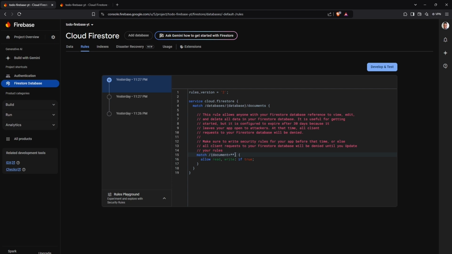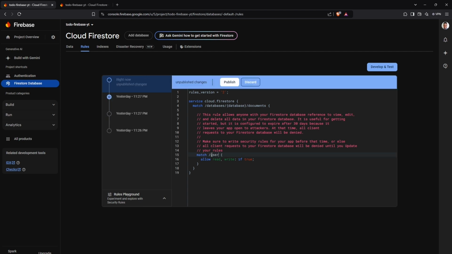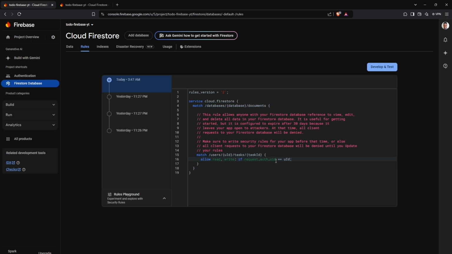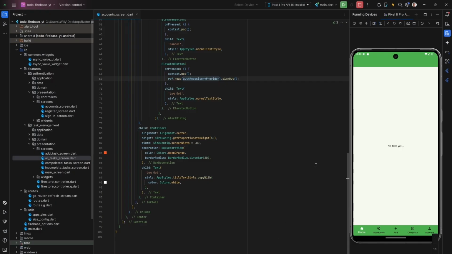And to do that, I'm going to say match. So we want to go to the users, slash the user ID, which I'm going to put inside the UID like that, and then slash tasks, slash task ID. So we are going to allow read and write if the request.auth.uid equals UID. Now with these rules, and if we can go back to Android Studio, as you can